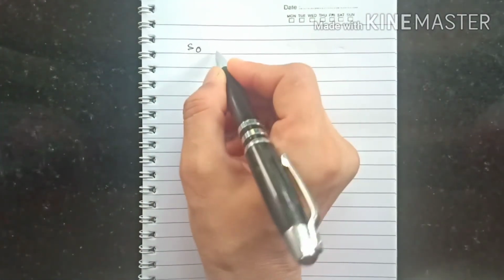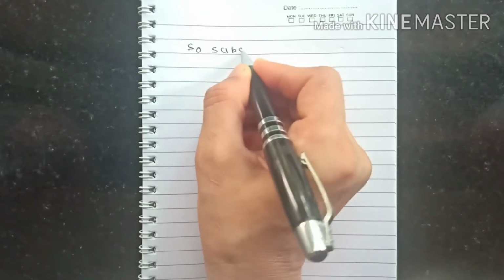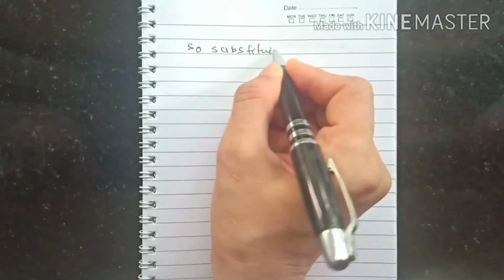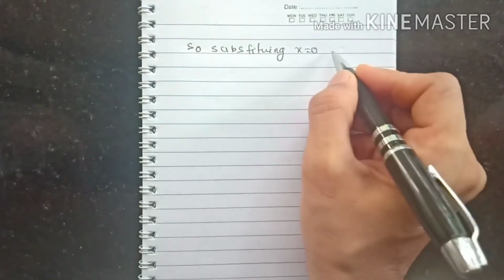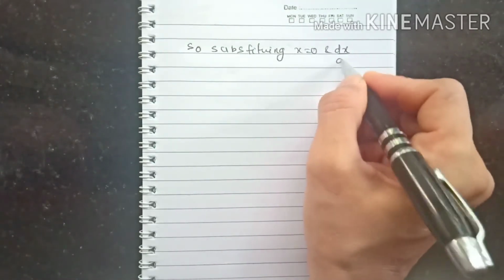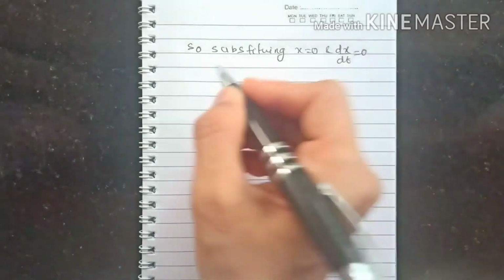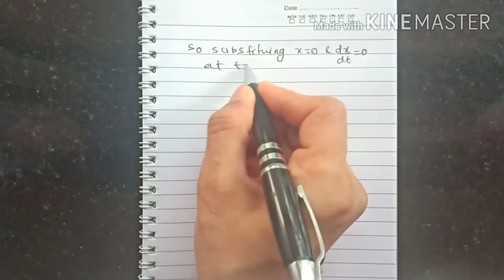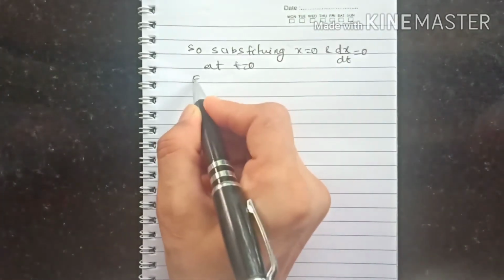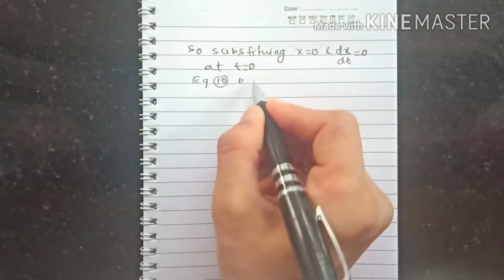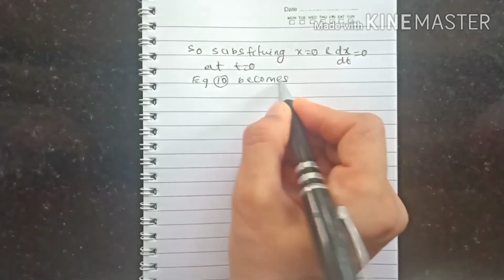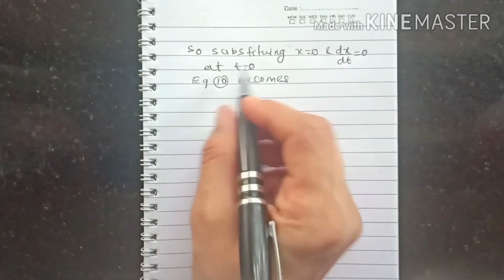So substituting x equal to 0 and dx/dt equal to 0 at t equal to 0, equation 10 becomes,